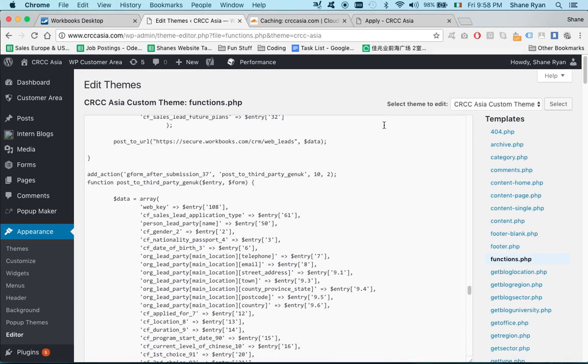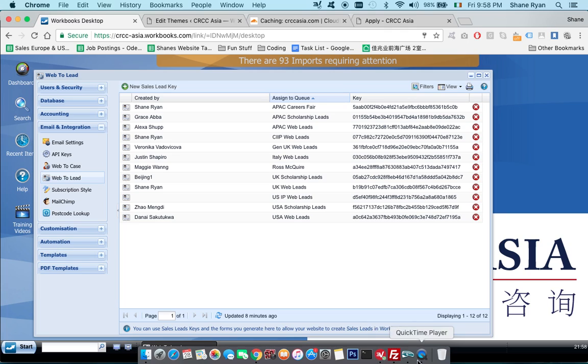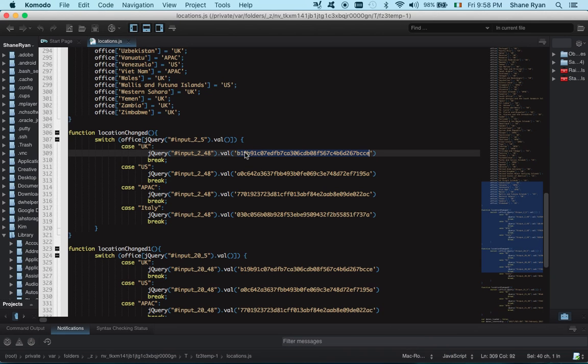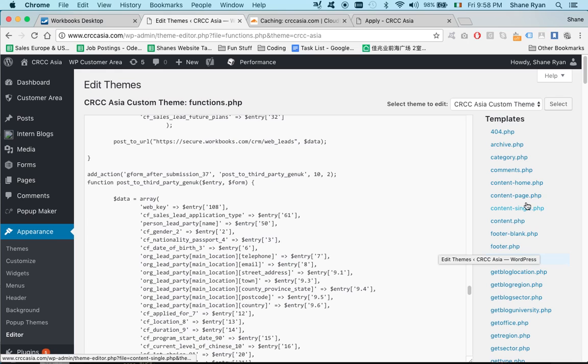I'm going to jump right back in here, go back to Workbooks, and look for that B. Here we are, B19B, so it's UK Web Leads. That's the script that basically, if a student says their location is the UK, this JavaScript will execute. And it will say, okay, the UK is this API key right here, and then once this JavaScript is loaded,